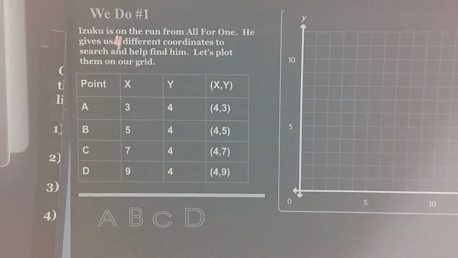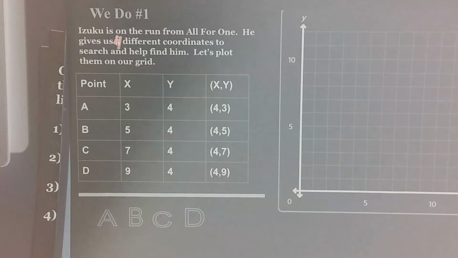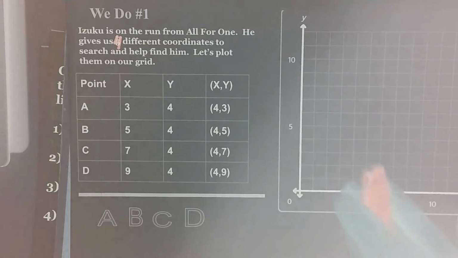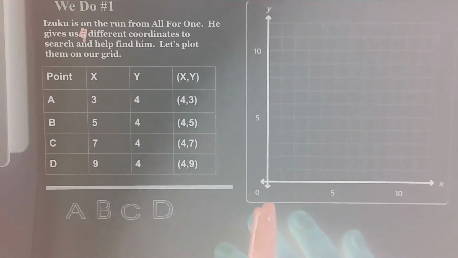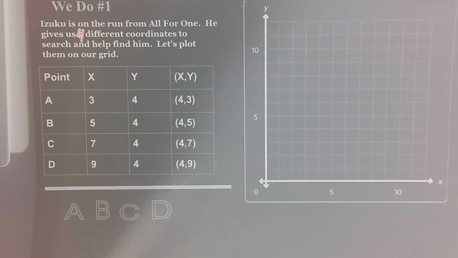Let's plot each of the coordinates on our grid. If you're in Google Slides, you can drag the letters onto your coordinate. If you're in person, you can just write the letters directly onto your coordinate plane. Remember, we have to crawl before we can climb. Point A,